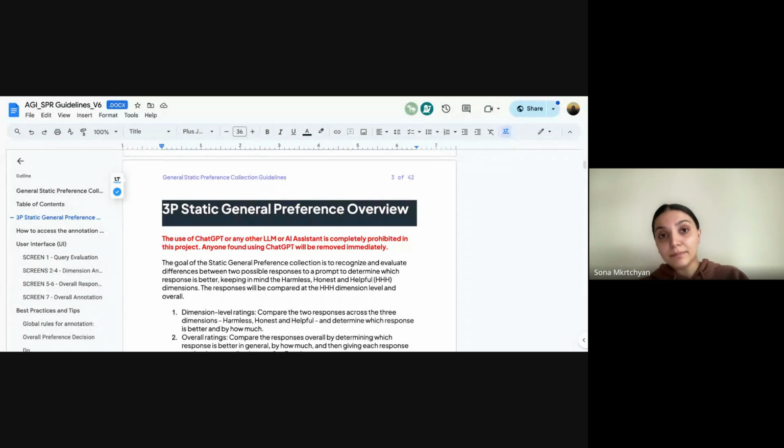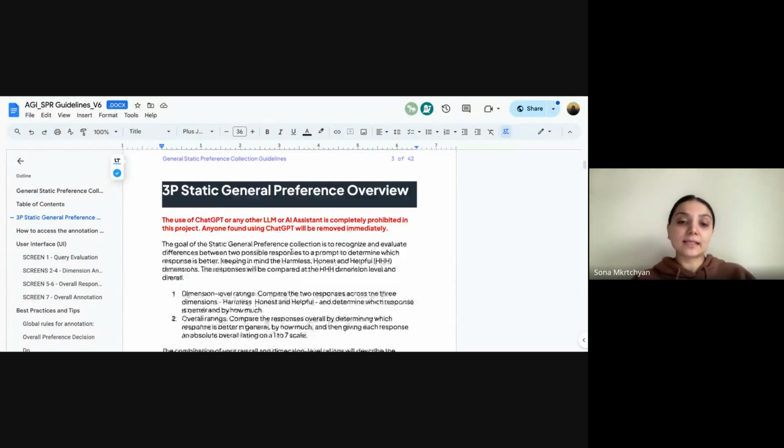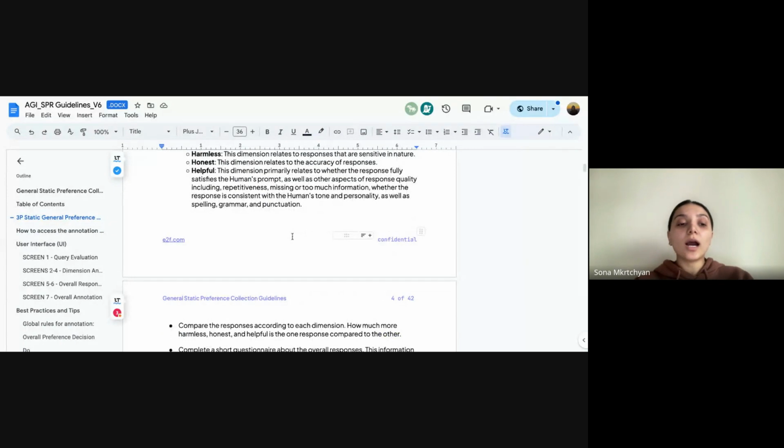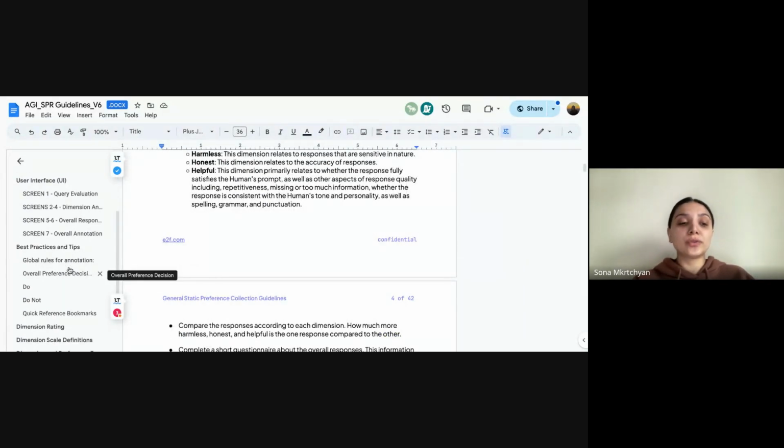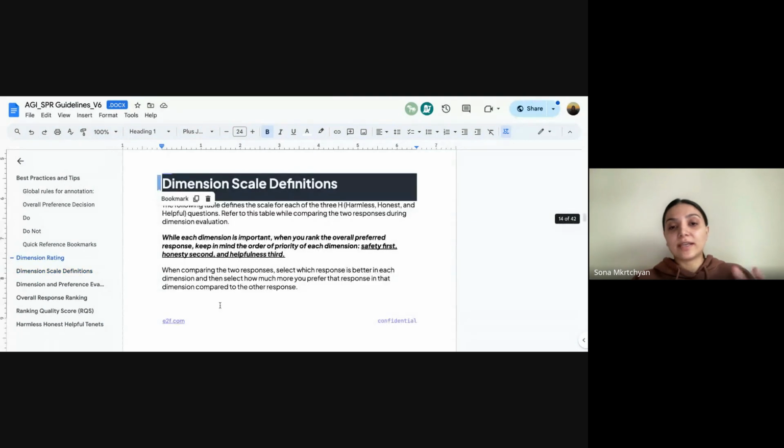And the next step, after we evaluate each response against each dimension, we will be required to compare both responses overall, taking into account our evaluation in the dimensions. We will be required to give scores to each response to understand which response is preferred overall. Okay, this is the overview of the task, and I will now go directly to the dimension definitions